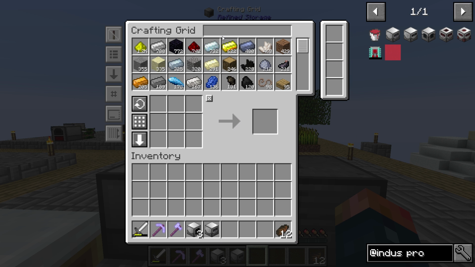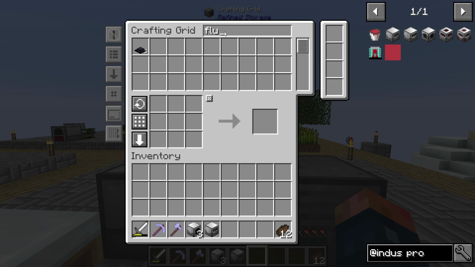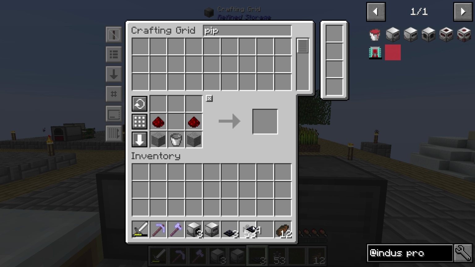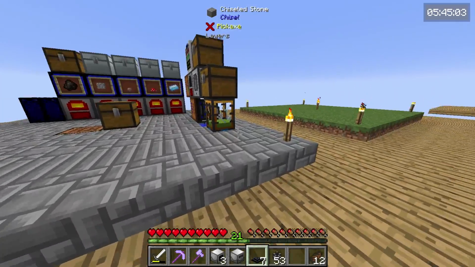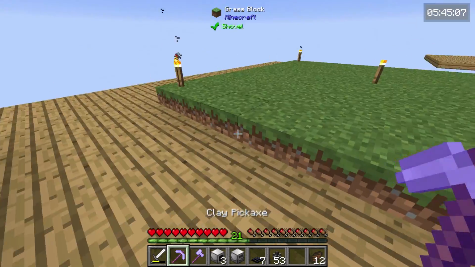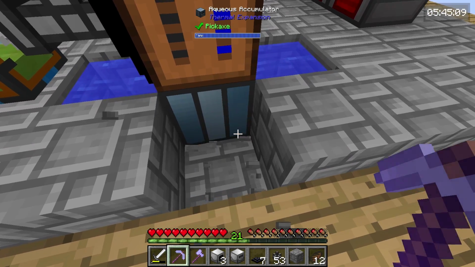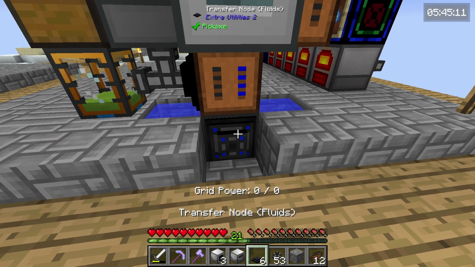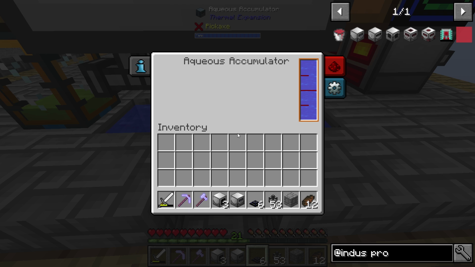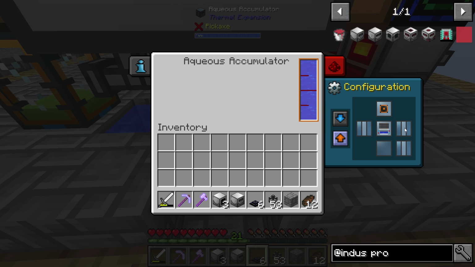Perfect. And we're going to need our pipes. And we're going to need our 3 fluid transfer and our pipes. Right there. And actually we're going to need another fluid transfer node. Let's go ahead and grab those. We'll grab a couple, because actually we're going to need to pull a little bit of fluid from over here. Let's grab this. I don't know if this will actually pull water, or... Yeah, it's not. So we'll configure the side